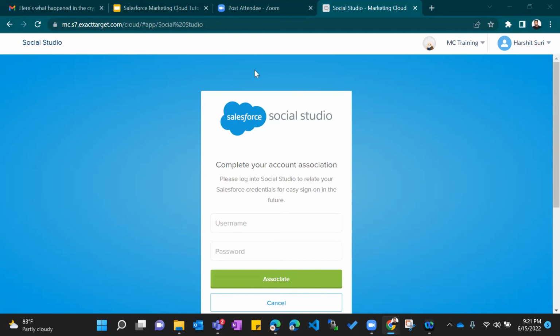Do we have to have any digital marketing strategies? No, this is not digital marketing, guys. This is purely an IT platform. There is no link between digital marketing and Salesforce Marketing Cloud. Digital marketing is used by non-technical people. Here you are expected to be technically sound.